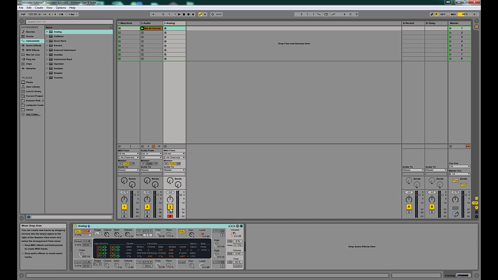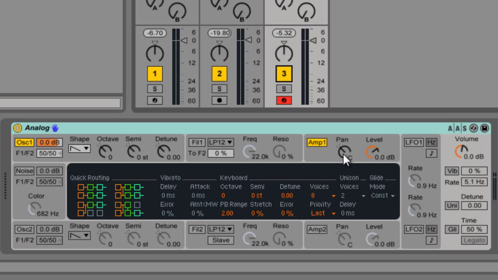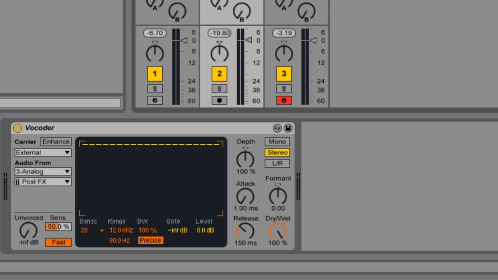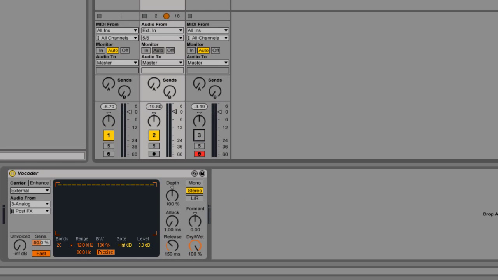Okay, now our analog currently sounds like this. Now that works great if you just want that sound, but if we're going to sustain for that whole phrase, we need to actually raise the sustain. Okay, so now what we're going to do